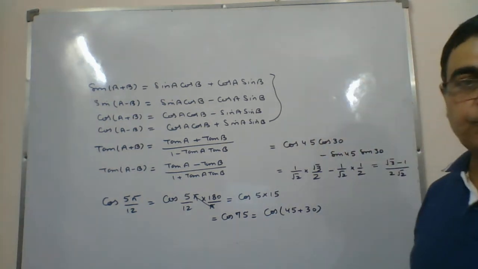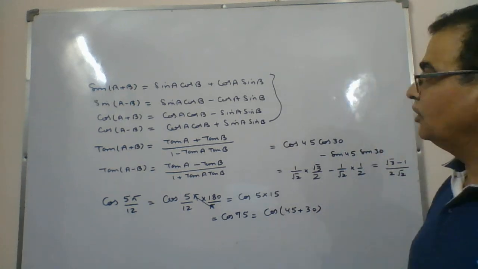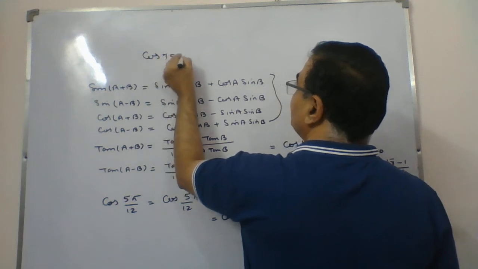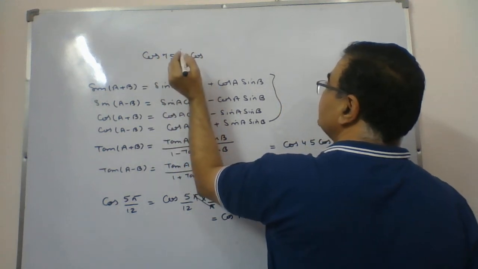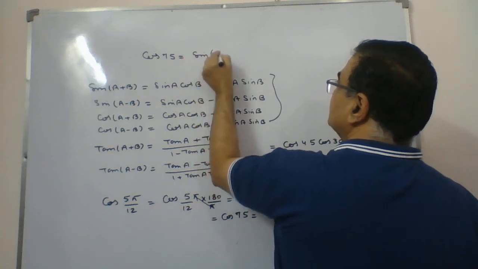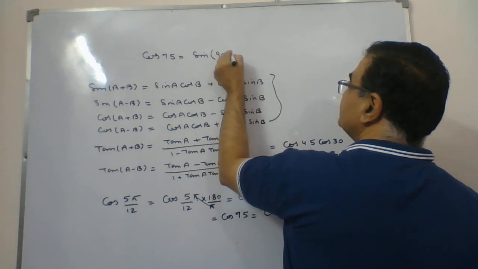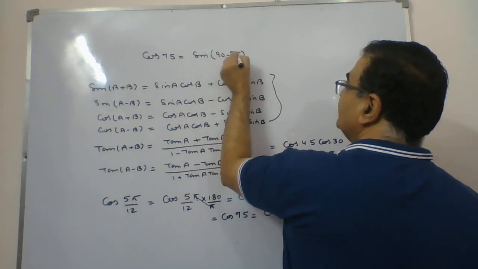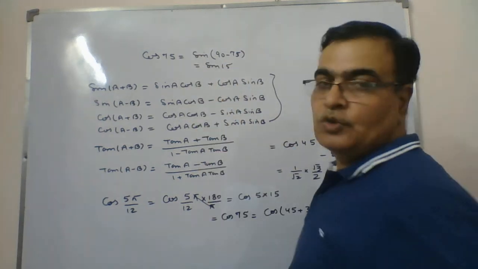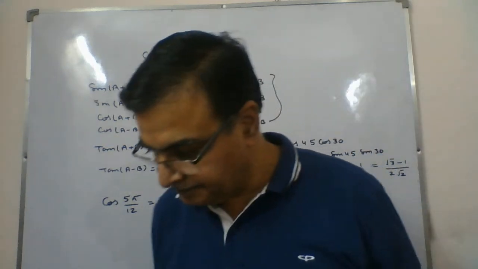Cos 75, that is same as sine 15 also. Because one more thing you should remember. Cos 75, if I take, I should write this as sine of 90 minus 75. Cos theta is sine 90 minus theta. You have already done last year and this has come out to be sine 15 degree. So cos 75 you take or sine 15 you take, they are one and the same thing.